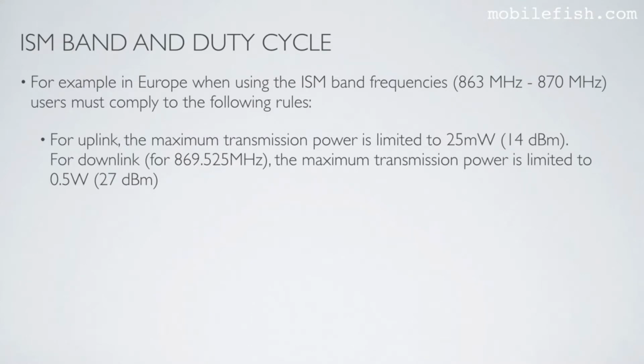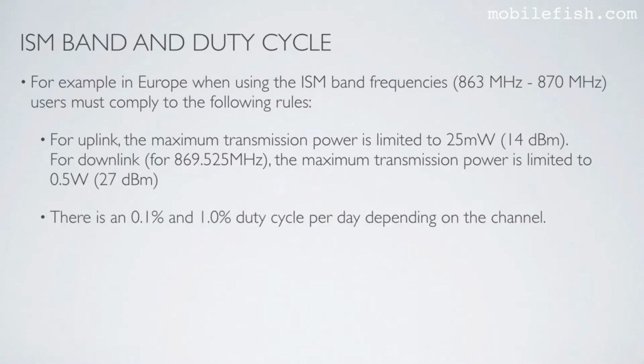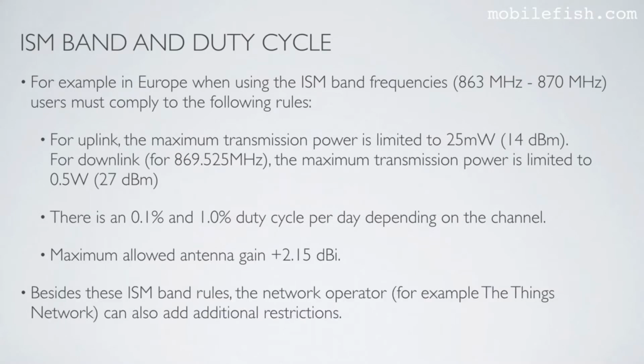For downlink, for 869.525 MHz, the maximum transmission power is limited to a half watt or 27 dBm. There is a 0.1% and 1% duty cycle per day depending on the channel, and the maximum allowed antenna gain is 2.15 dBi. Besides these ISM band rules, the network operator, for example the Things Network, can also add additional